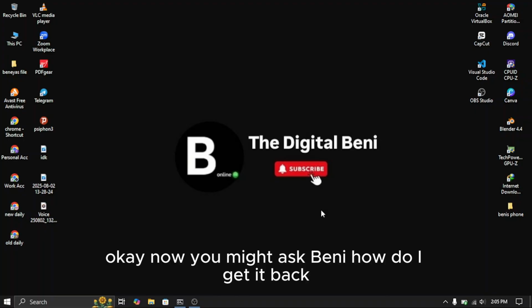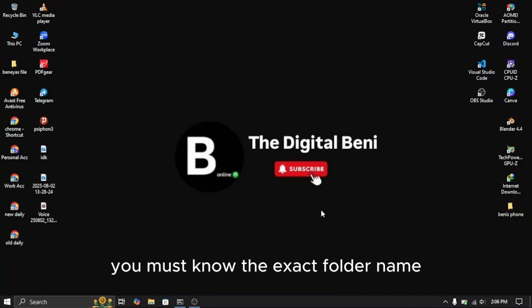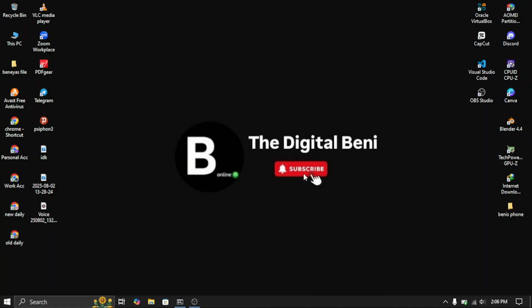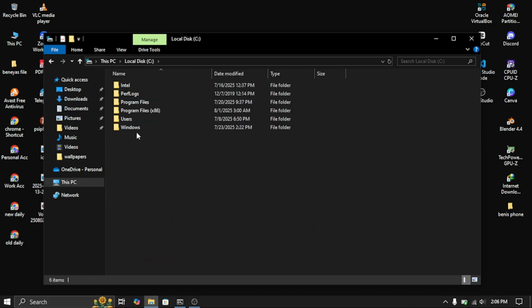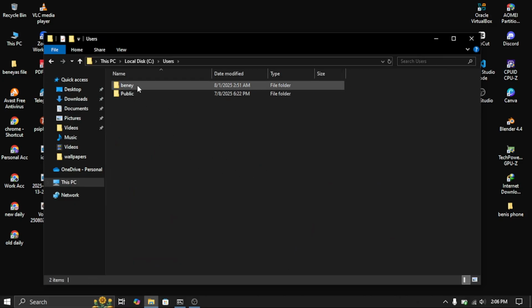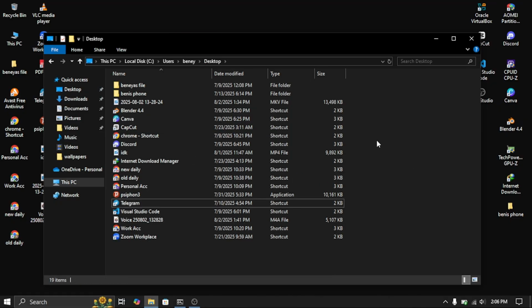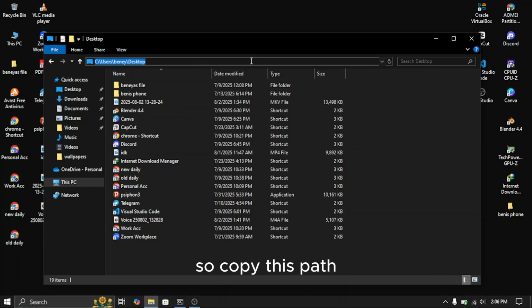Okay, now you might ask, Bunny, how do I get it back? Don't worry, I got you. To unhide it, you must know the exact folder name and where it was before. So since my folder was on this desktop, I'm going to go to that path. Go to C drive, users, then the username, then the desktop. So this was the path where the folder was created before. So copy this path,